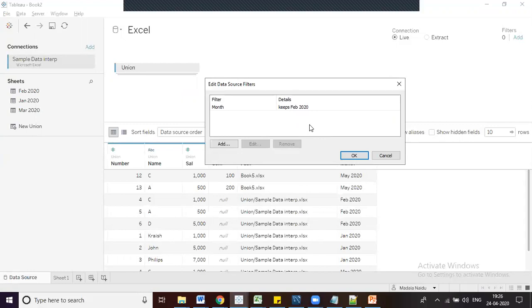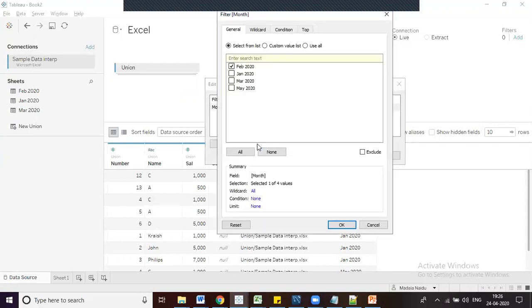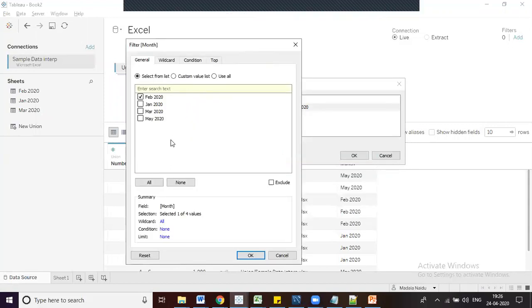But we need to exclude February. Except February, we need the remaining data. To do that, I am selecting this one and clicking on edit. Here you have lots of data, but you want to unselect one, right? You can select all and unselect February.